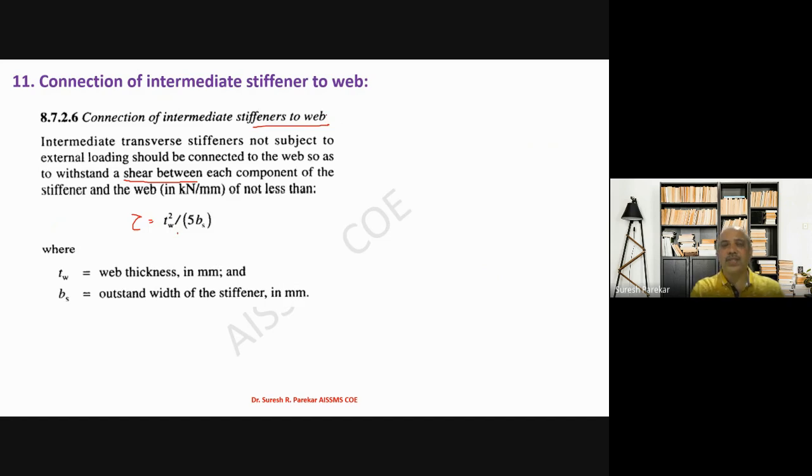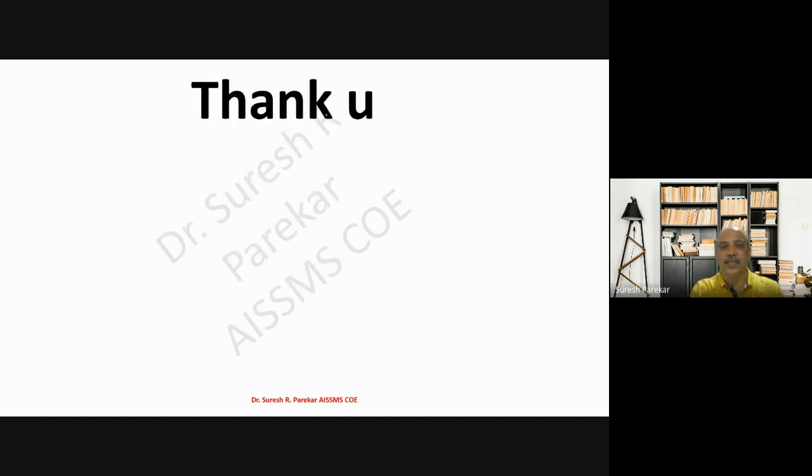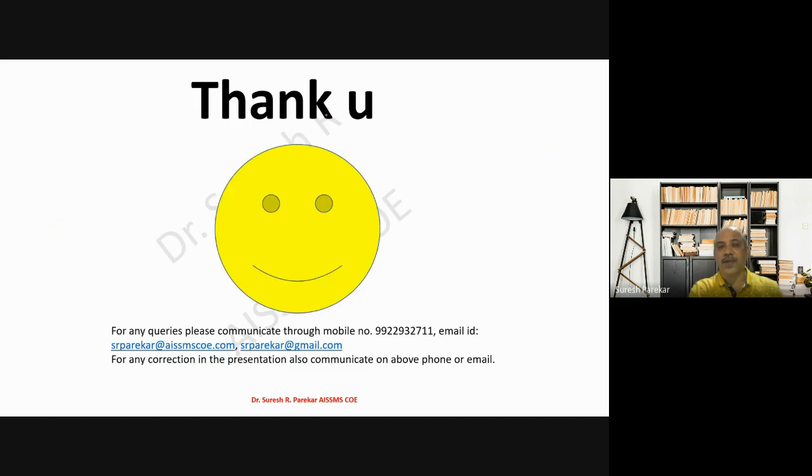So we have these steps. Actually we again have horizontal stiffeners at the neutral axis and at point 2D, but that we have not considered here. So these are the theory parts which we require when we go to analyze a welded plate girder. So we will stop here only. Thank you.